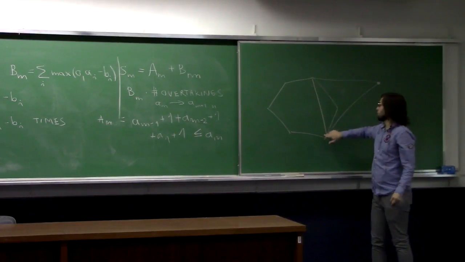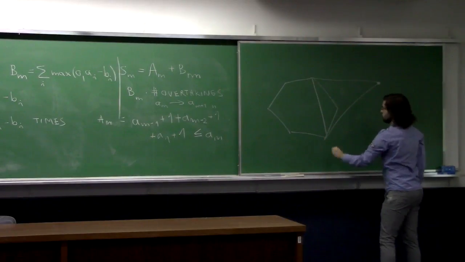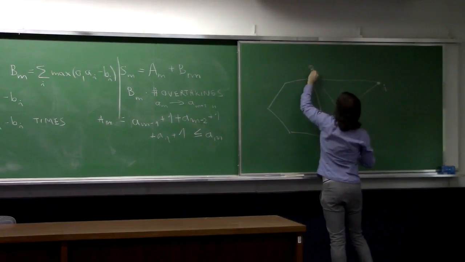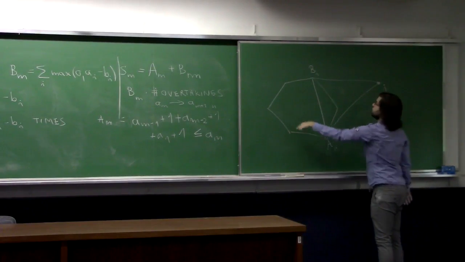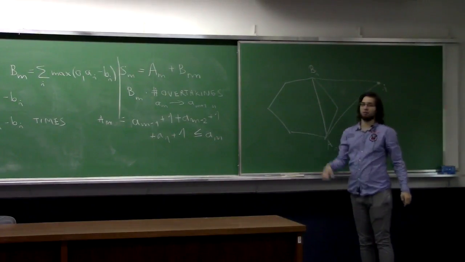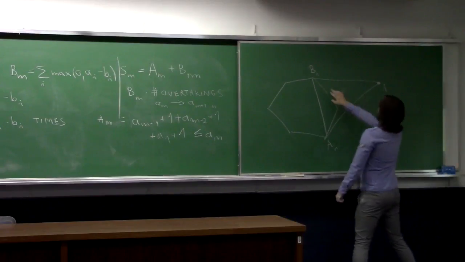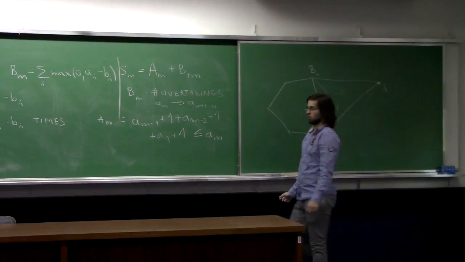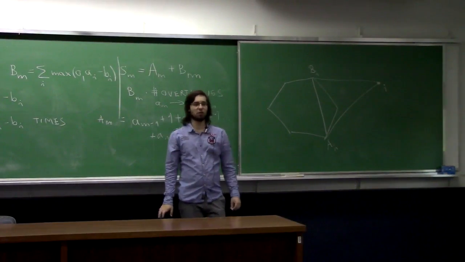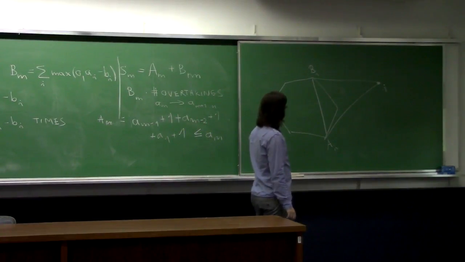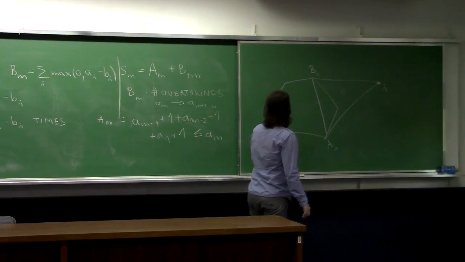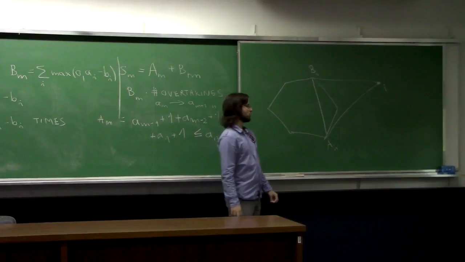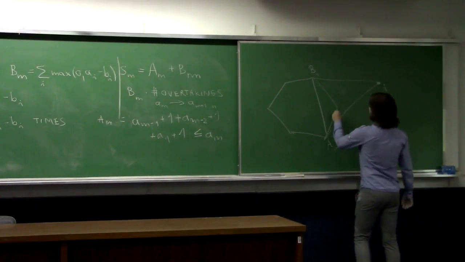Well, if we can compute the area of this part that's cut off between, let's say that this is candidate vertex I, this is fixed vertex AI, and this is fixed vertex BI, then we need to compute the area of this cutoff part of the original, and then add the area of the triangle. The area of the triangle is easy to compute. It's just a vector cross product. It's somewhat more difficult to compute the area of this cutoff part, but that's doable by just computing some prefix sums. For example,